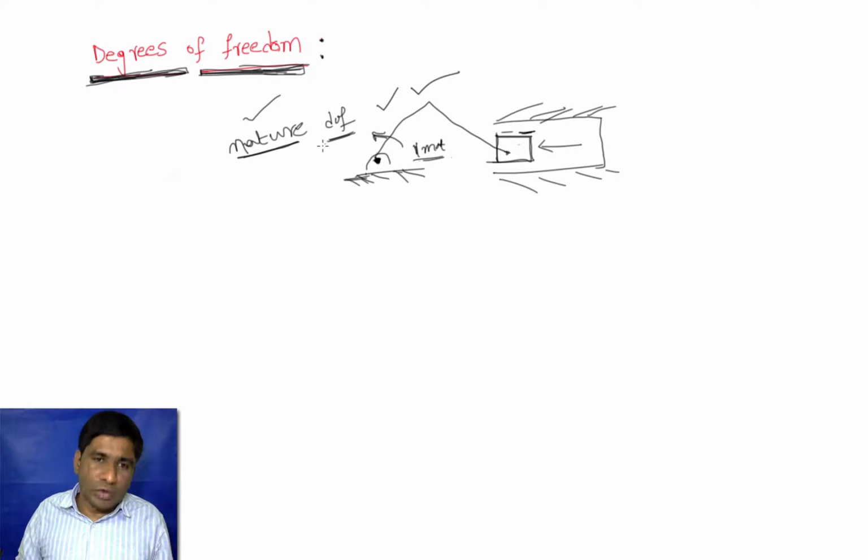whether the degree of freedom is translational or rotational. In this present chapter, most of the mechanisms that we consider are in the plane, or planar. So in the planar case, we can easily identify the nature of the degree of freedom. But if we consider the same mechanisms in space, then it's very difficult to find out the nature of the degree of freedom by using this simple formula that we are going to derive in this session.